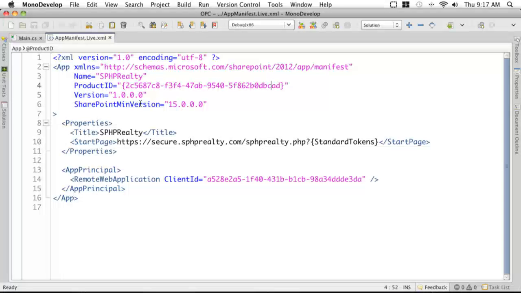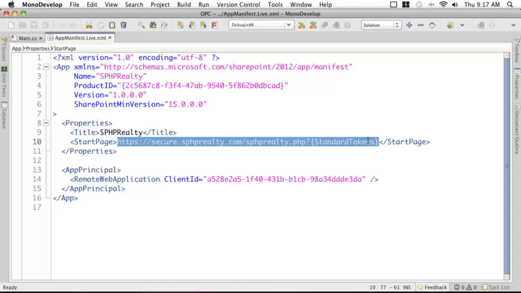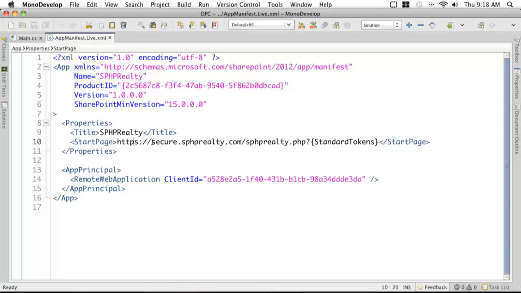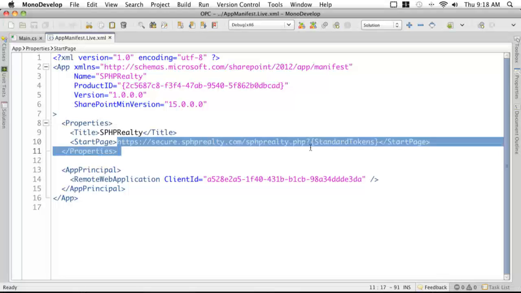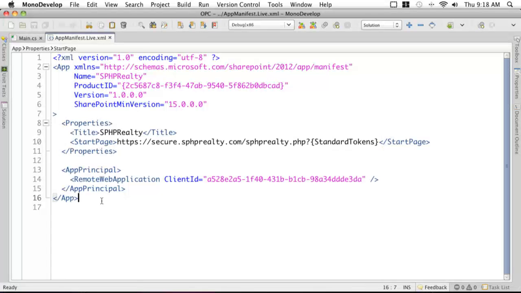So really, all we want to communicate, at least in this very, very simple application, is that, look, there's an endpoint at this particular address that we want you to call when users in SharePoint want to launch our application. And this is the simplest possible manifest file